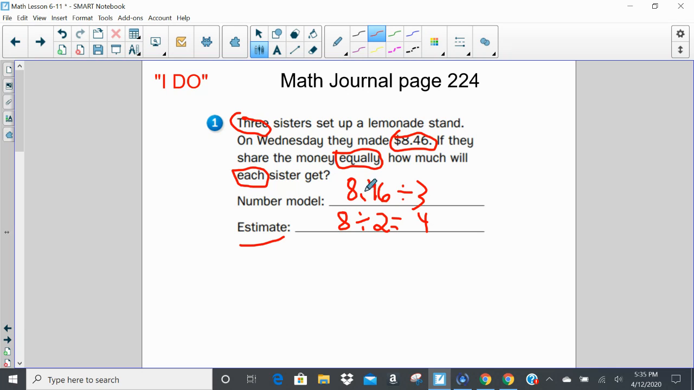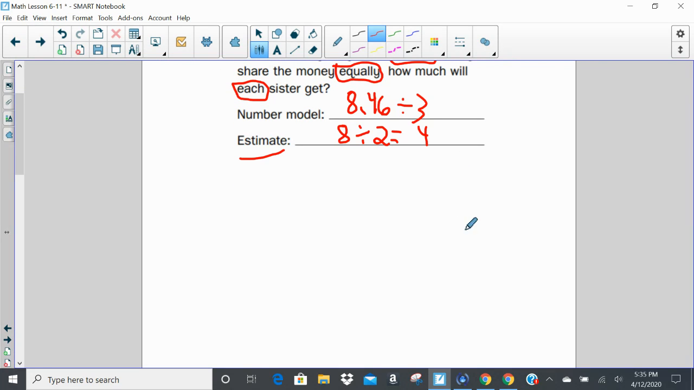Now, you could have rounded it as well by keeping the 3 and making the 8.46 a 9. That would have been just fine as well. So let's go ahead and set up the problem correctly. Remember, our goal here is to get somewhere close to 4. So 8.46,